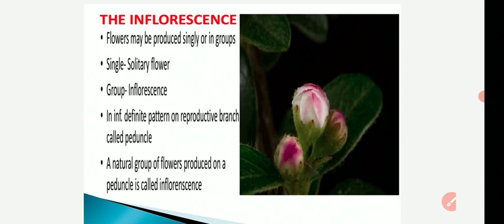Among higher plants, cryptogams never produce flowers. Flower formation is the main character of angiosperms. The seed-bearing plants, that is spermatophytes, bear very attractive and colorful flowers, which after pollination and fertilization produce fruits